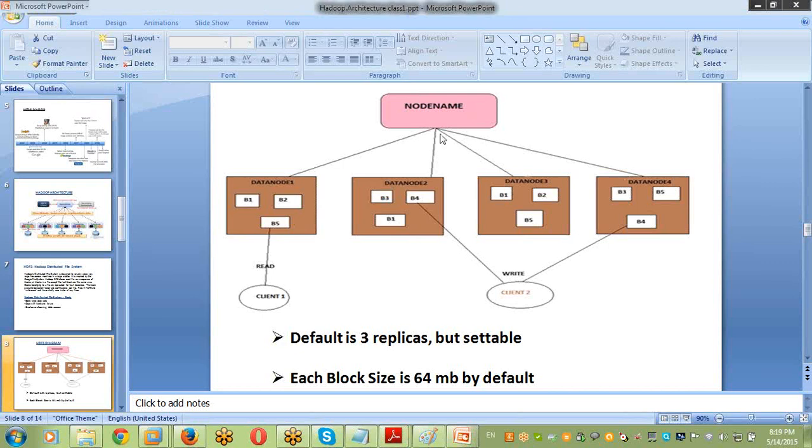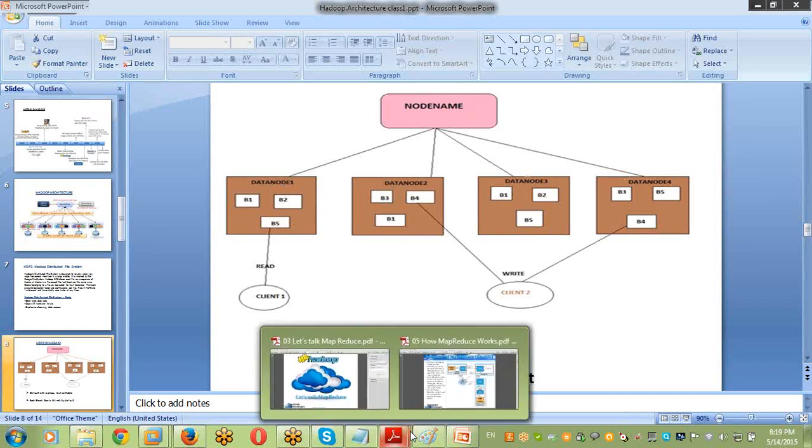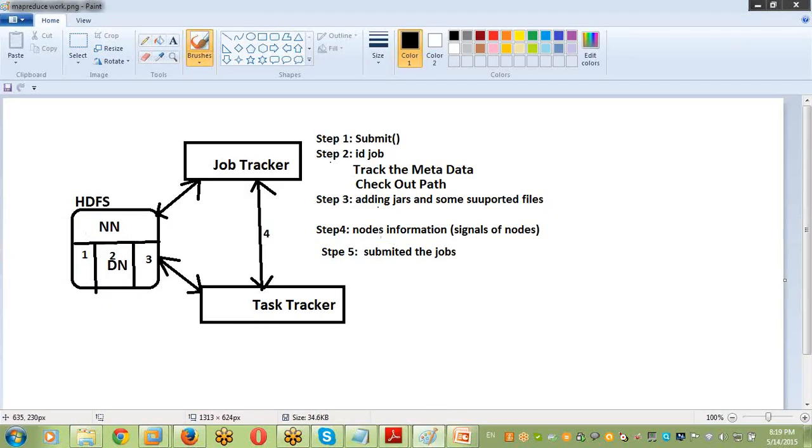Right. How does the job tracker find out that information? Based upon the nodes' health condition. So that is what the job tracker does here: tracks the node information and finds out which data nodes are healthy. Step 4. After that, finally the job tracker sends the jobs to so-and-so task trackers, deciding the task trackers. The task trackers receive the jobs and submit them to so-and-so data nodes. Once submit is completed, immediately MapReduce work starts. What MapReduce work started?